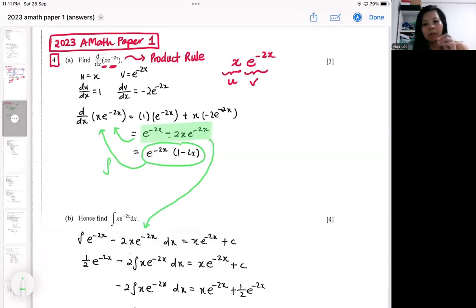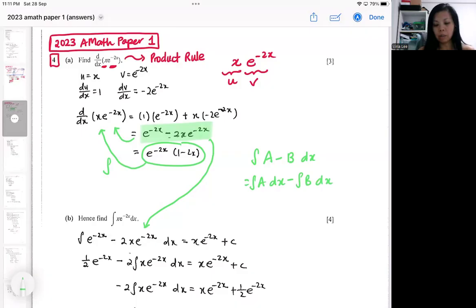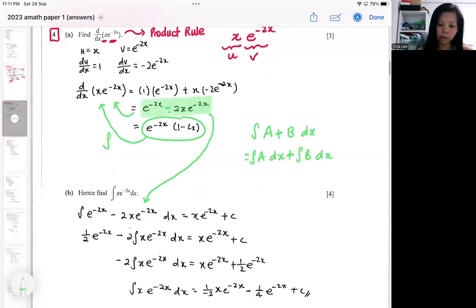Okay, because when you integrate something minus something, you can split into two integrations. So that's what I'm going for. So I'm hoping to split into two integrations. So whether it is a minus or a plus, you can split into two. So I'm using the subtraction part to integrate back. Okay, and then if you observe carefully,